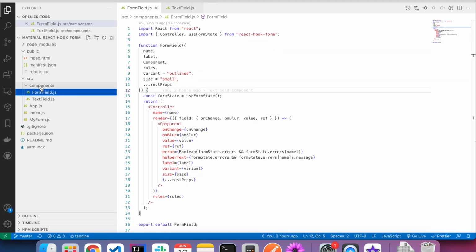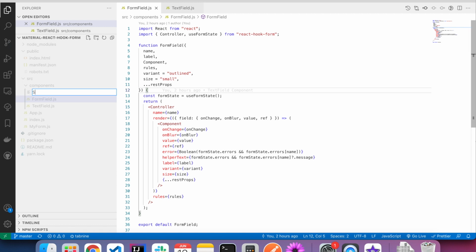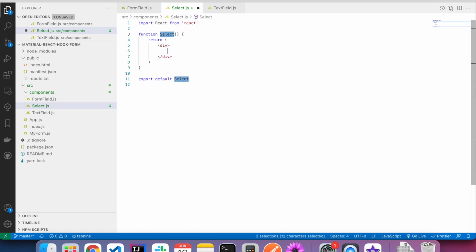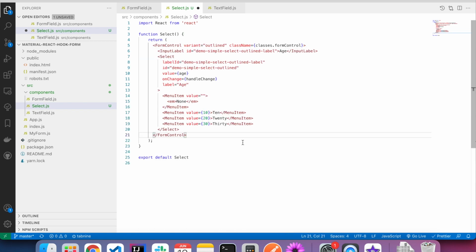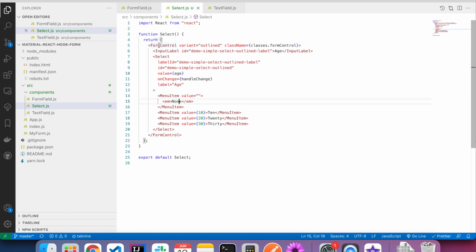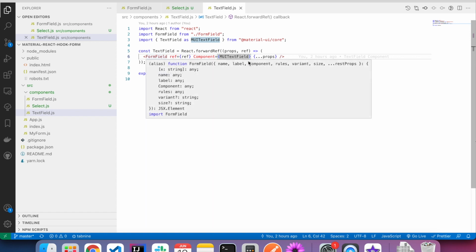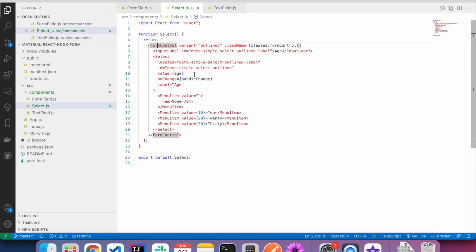For that, I'm going to add a plain simple select.js. I'm going to create an empty select component, and I'm going to copy and paste the code here. If you notice, this component actually contains multiple subcomponents, and in our text field component we used our MUI text field directly and passed it to form field because it was a single component. If you want to use multiple components, we should separate it out.